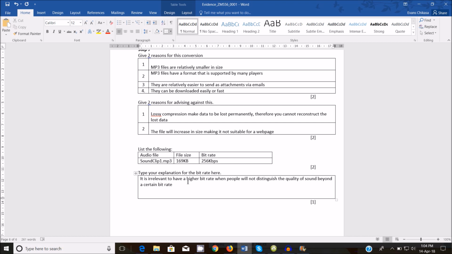Yeah, so I'm not sure about the exact bit rate at which the human ear cannot distinguish, but it is believed so in that case. Okay, so I'll leave it at that, and you can